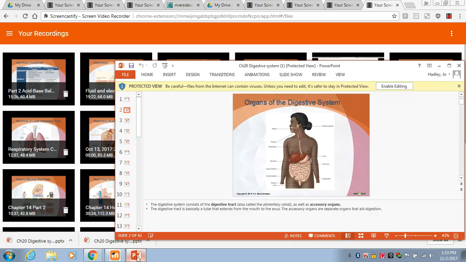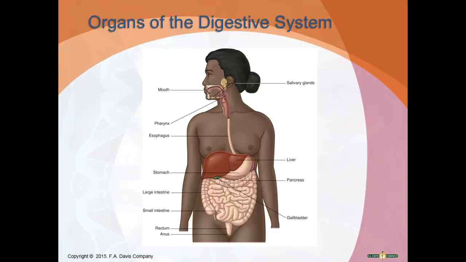I'm going to be recording the digestive system for A&P. So we're going to look at chapter 20, and we're going to start with the digestive system. The objectives for the digestive system, if you look on your paper as well, we're going to be doing the